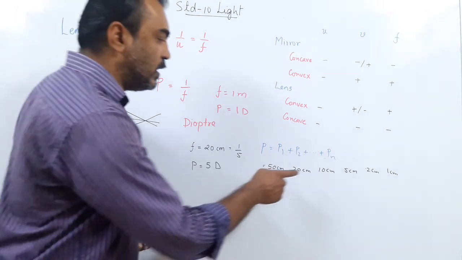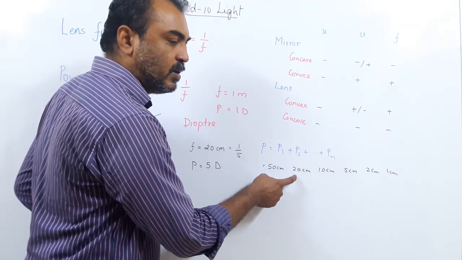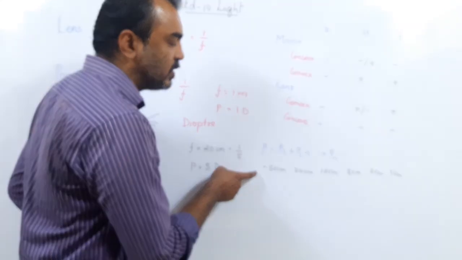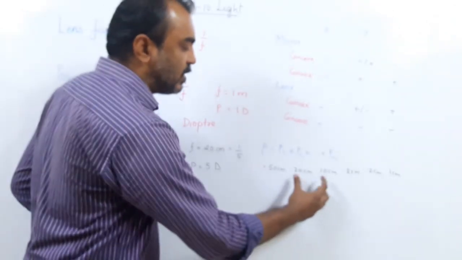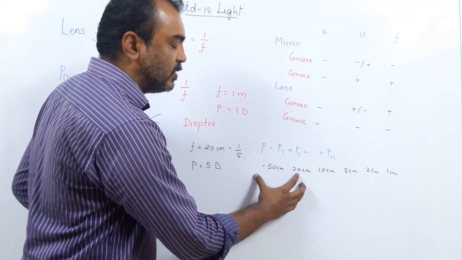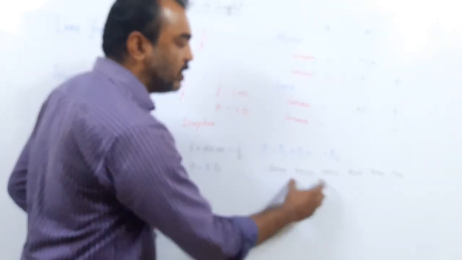So when he puts 10, you will see it blur. When he puts 20, you will see it blur. When he puts 25, you will see it blur. But you can see very clearly between 20 and 25. So he puts 20, then 5. First you can see 20 more clearer, then you see at 5, but it's still blurred.